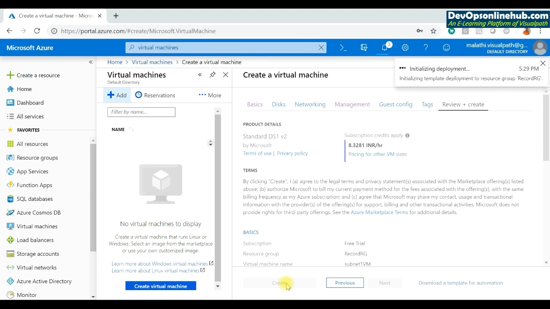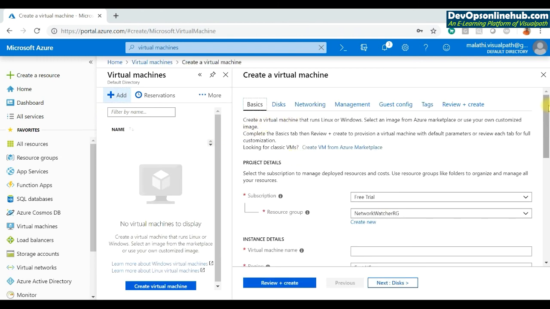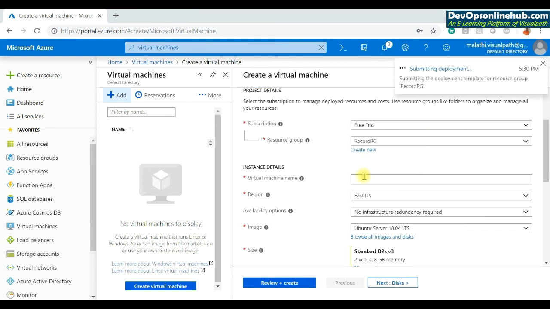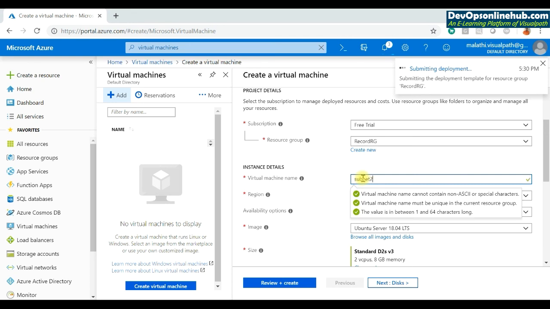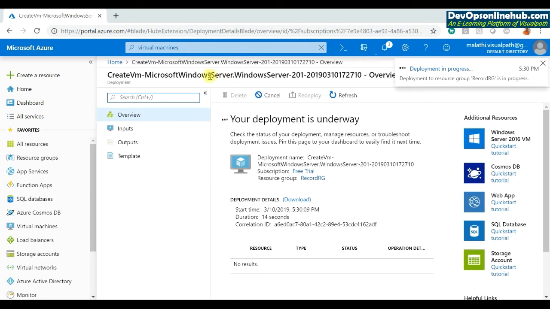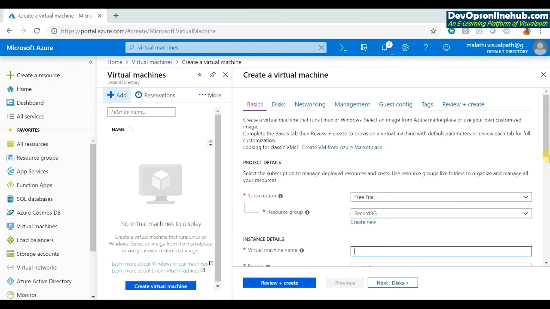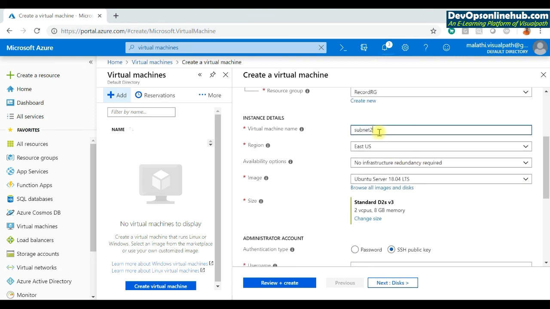So meanwhile, till this is getting created, let us go ahead and click on virtual machines and let us create one more virtual machine for the backend purpose. That is for the subnet 2. So I will select the same resource group. The virtual machine name is subnet 2 DB. I want to create a DB server, right? So region is East US, availability zone, just select no infrastructure redundancy required, and under the image